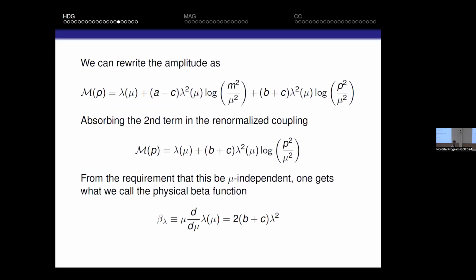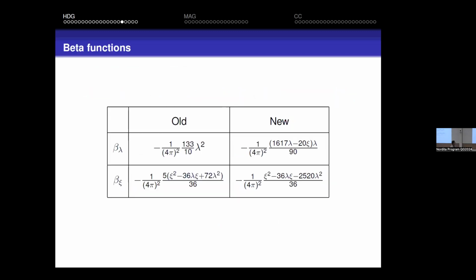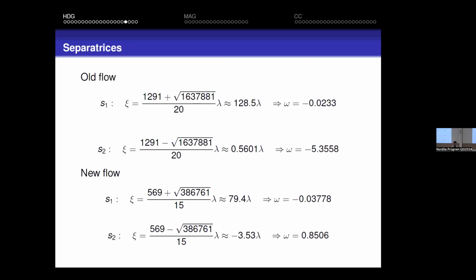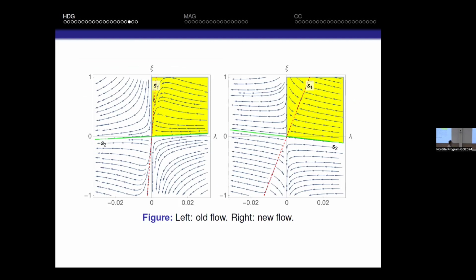This B plus C, you do the calculation, it turns out to be, again, covariant, which I think is the strongest test that we have of our result. And so these are now the new beta functions that are written here on the right. You see that they are quite similar to the old ones, except that the coefficients have changed somehow. But this change in the coefficients has some relevance.